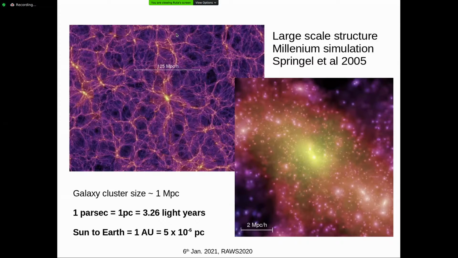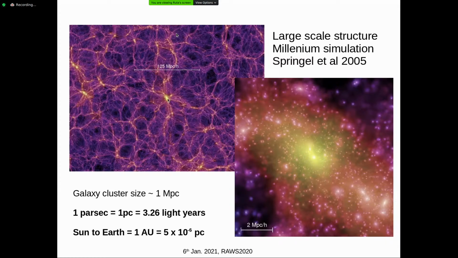In these simulations, what was done was that you take a very large number of dark matter particles and just allow them to fall under gravity and check how they finally look after you evolve this system for the time scale of the age of our universe. And what was seen in this Millennium simulation was that it forms a web-like structure,